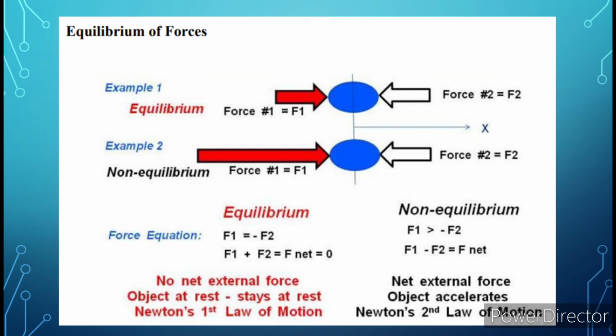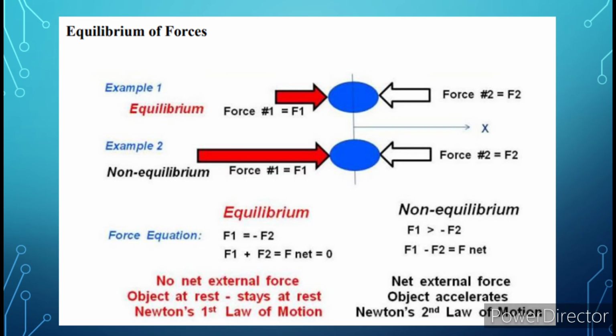For the coordinate system shown with the letter X below the ball, if we sum up the forces acting on the ball, we obtain the force equation on the left, where F1 plus F2 will be the net force, which is equal to 0. Because the net force is equal to 0, the forces in example 1 are acting in equilibrium. There is no net force acting on the ball in example 1. Since the ball is initially at rest, the ball will remain at rest according to Newton's first law of motion. If the ball was traveling with a uniform velocity, it would continue traveling at the same velocity.